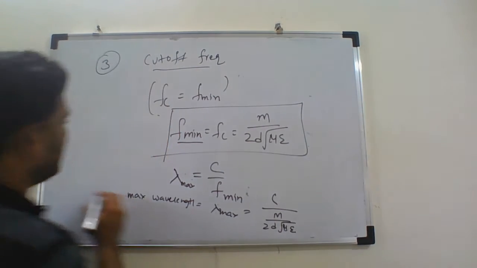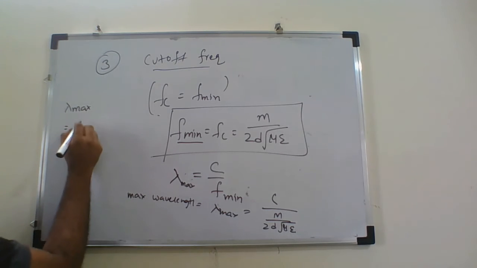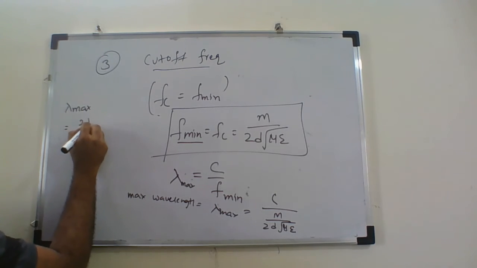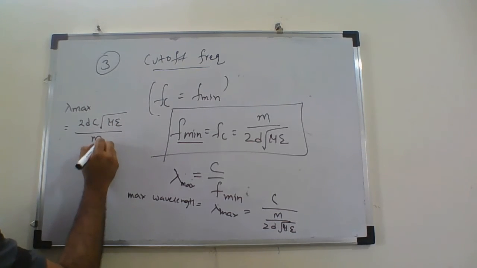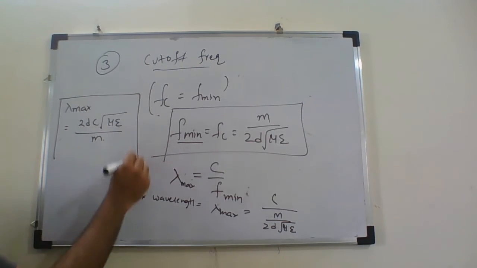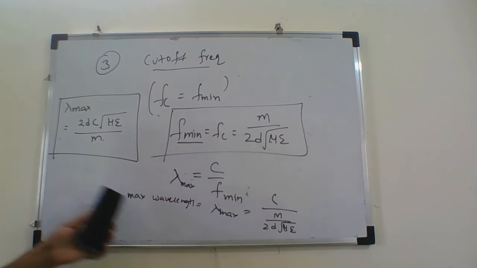So this is equal to, I can write this as lambda max equal to 2d into c into root mu epsilon divided by m. So this is the maximum wavelength that can pass through the waveguide. For the maximum wavelength, or cutoff wavelength,